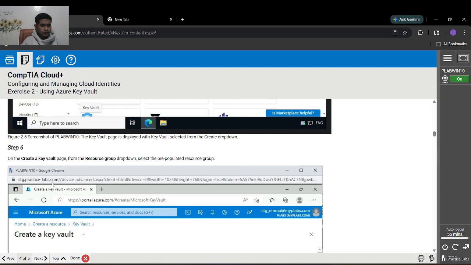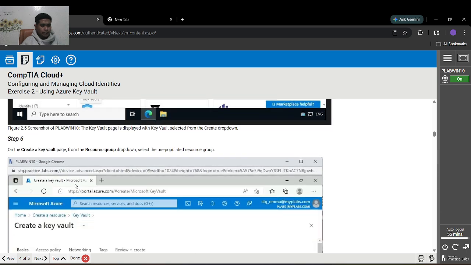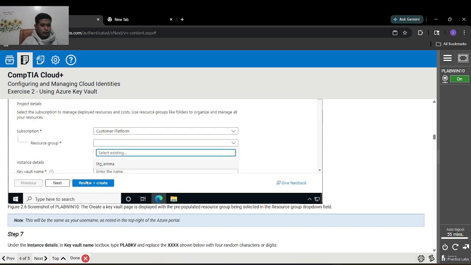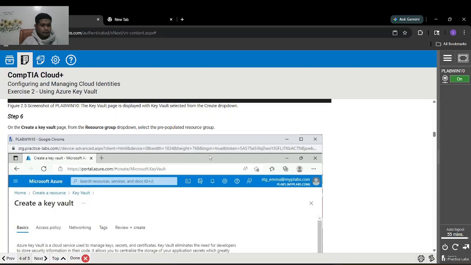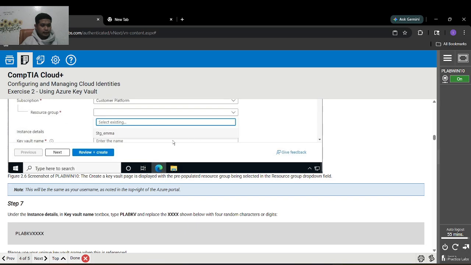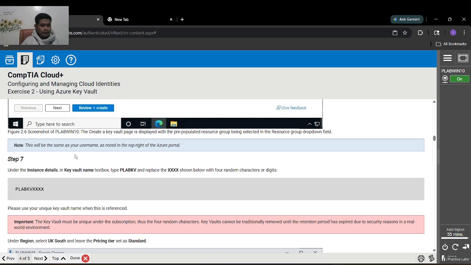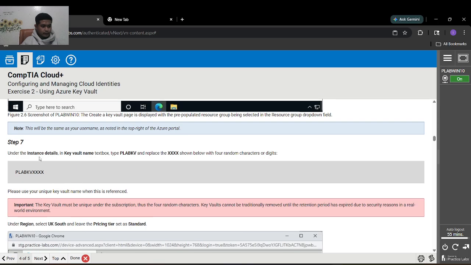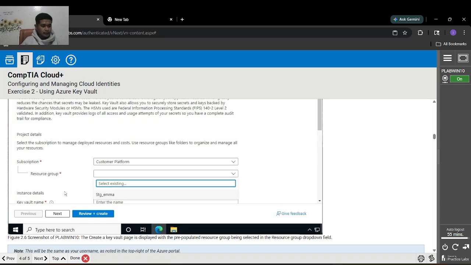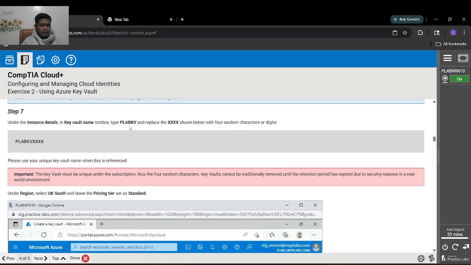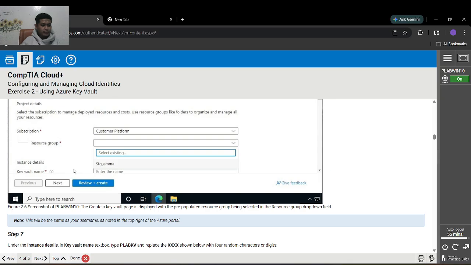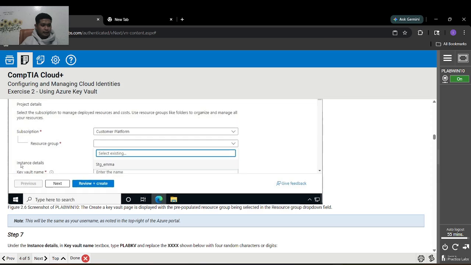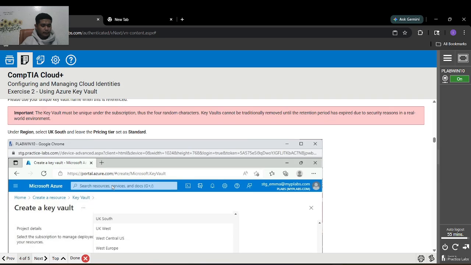So when you're ready here, creating a Key Vault, you will see a resource group. Under instance details, for the Key Vault name, use VLAB KV and replace the digits shown with four random digits. So change the Key Vault name in the text box in the instance details.